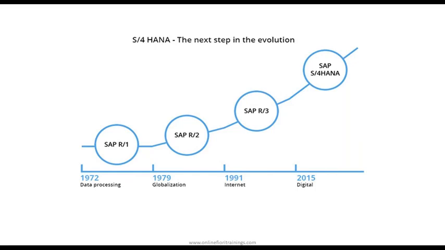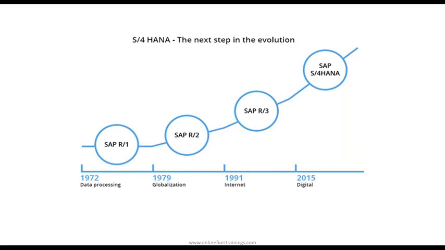Because you have to store aggregates. You have to store change documents along with the master data and transaction data. You are storing aggregates to make the business warehouse queries faster. And there's a lot you are doing there. You have to store indexes. So lots of storage you are doing.